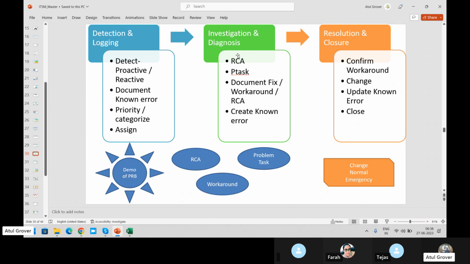It's up to every customer what technique they want to use, but mainly 5 Whys, 80-20, Ishikawa and Fishbone. These are the techniques used by companies. There are different plugins available in ServiceNow to support these techniques as well. But again, it's totally up to the customer, license based, definitely not free. So you have to make sure whether you want that or not.